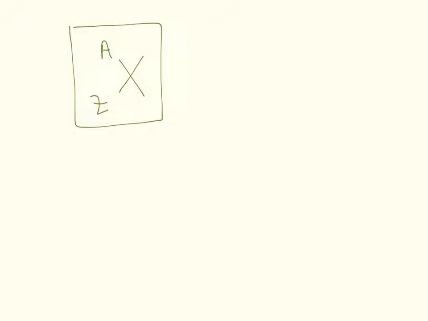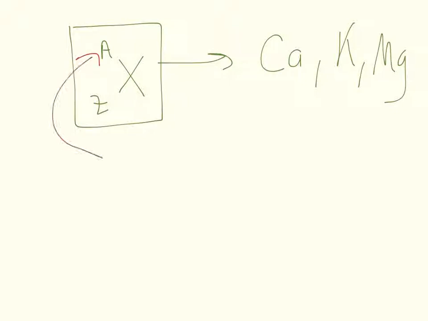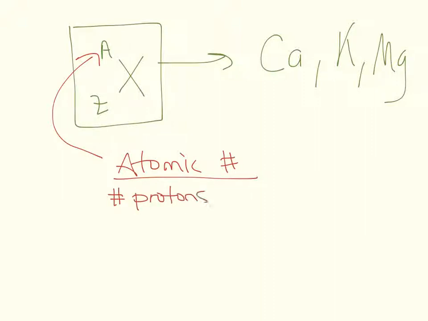Now again, this is just a general representation of an element, but on a test, obviously, you would be given an actual element like calcium or potassium or magnesium, as just an example. So for us in our books, the A represents the atomic number. And the atomic number tells us two things when we're determining protons, neutrons, and electrons. The atomic number itself automatically tells us the number of protons we have,